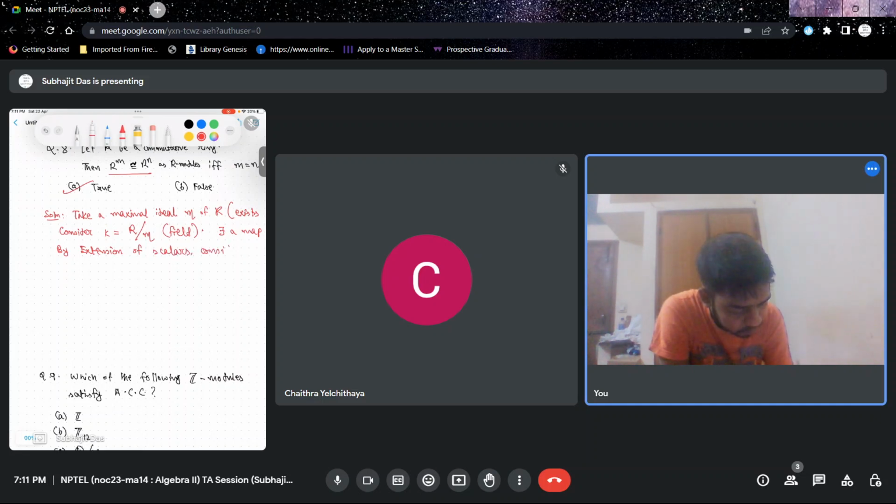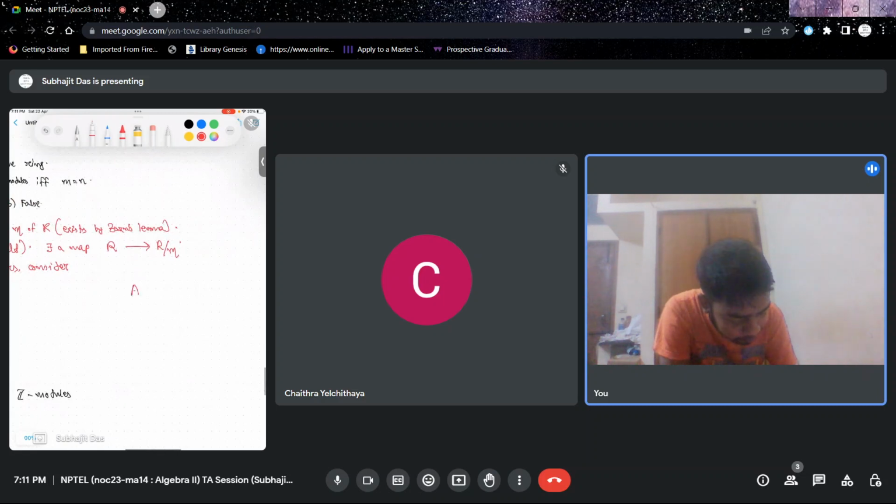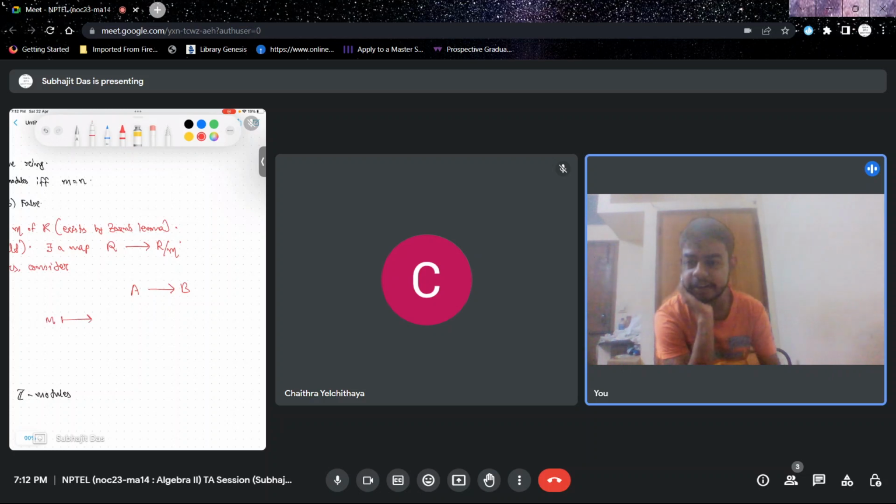consider R^m tensored over R with R mod M. So what is extension of scalars along this ring map? If you take a map A to B, what is the extension of scalars? You take a module M over A and you send it to, this is a very bad notation here, but I am writing it in a different place. So take M, a module over A, and you should send it to,